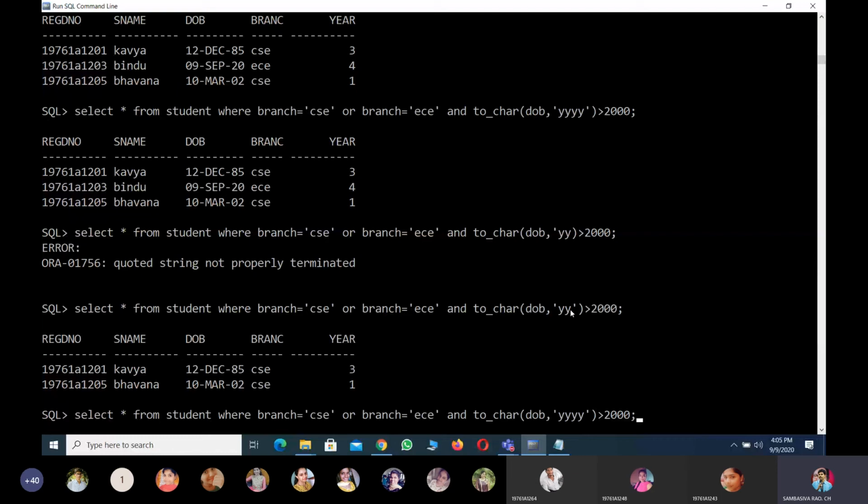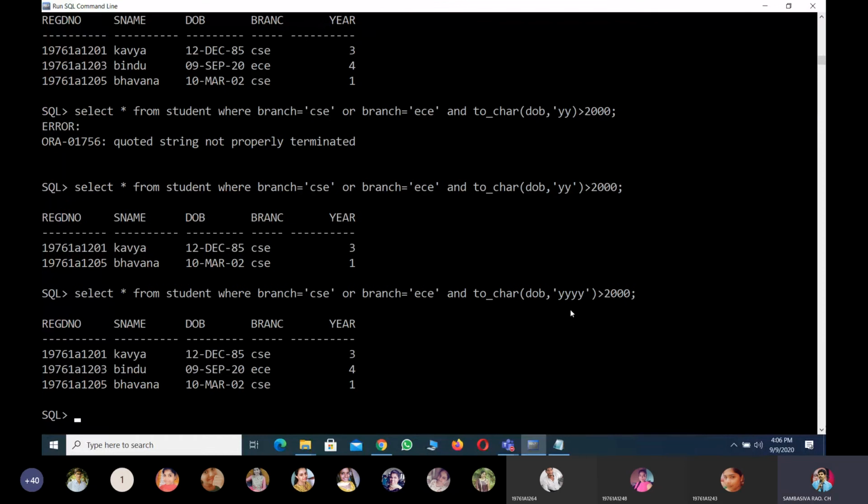Here in a 4-digit format we will see that 4-digit format greater than 1980. Compare with the 4 digits of values, they are 1985. In this case, we are getting 1985 also. 1985 also we are getting, but here we are passing a value of only 2000.